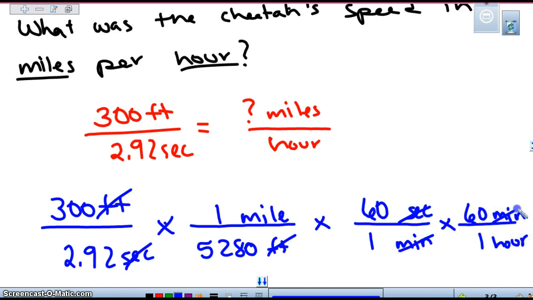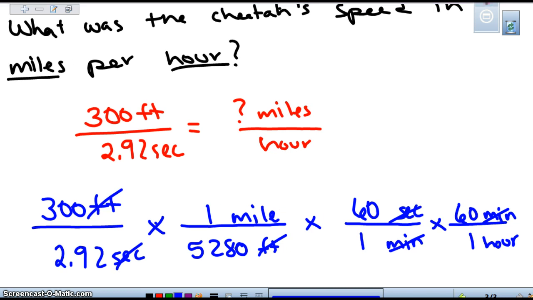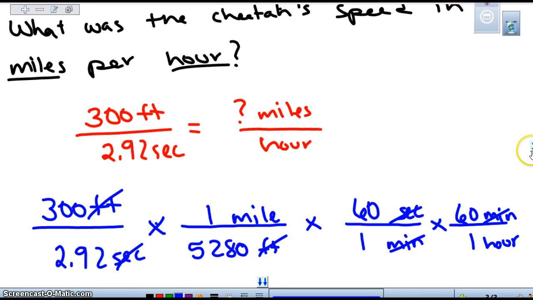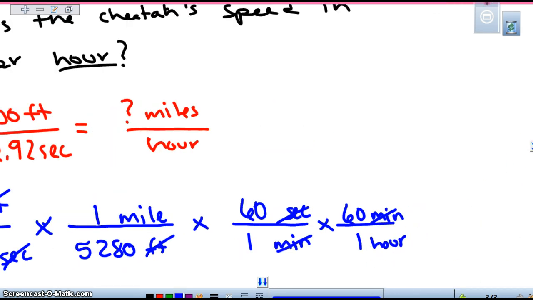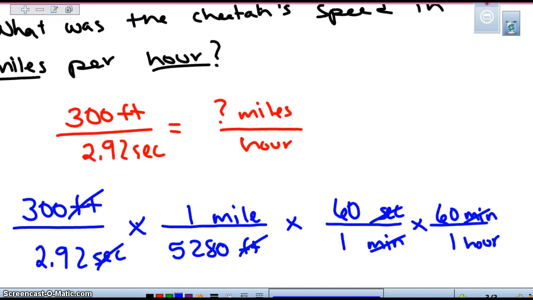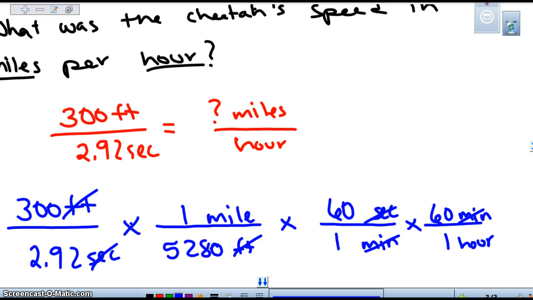This cancels our minutes. Are we left with what we were looking for? Miles per hour. Now we have to multiply across: 300 times 60 times 60,